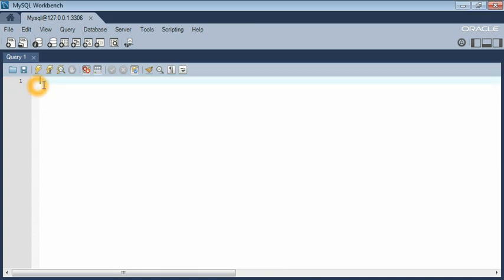Hi viewers, today we're looking at the least function in MySQL. The least function basically pulls out the lowest value in a set of letters or a set of numbers within MySQL Workbench. So we're going to start by typing in select